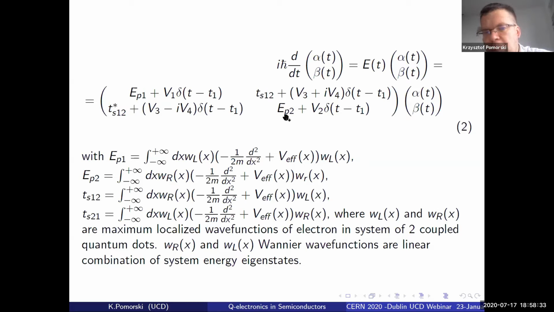There is a change of occupancy on the right quantum dot, AP2 plus V2 times the Dirac delta function, and there is a change of hopping probabilities. So here is TS12 plus some complex value, and here this Hamiltonian, which is given by equation 2, is described